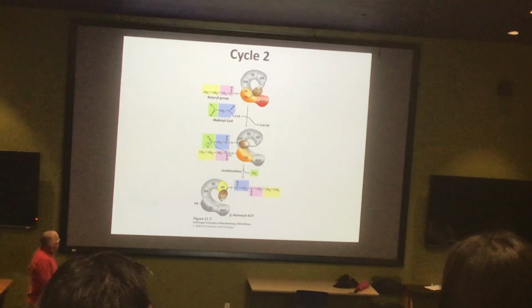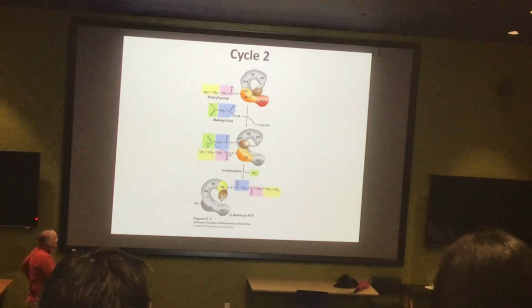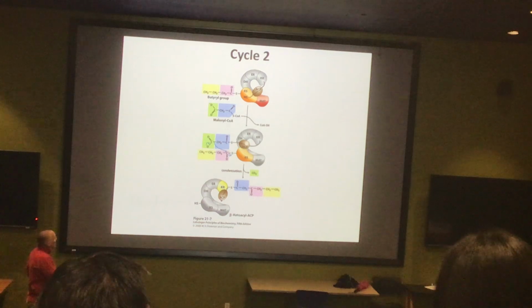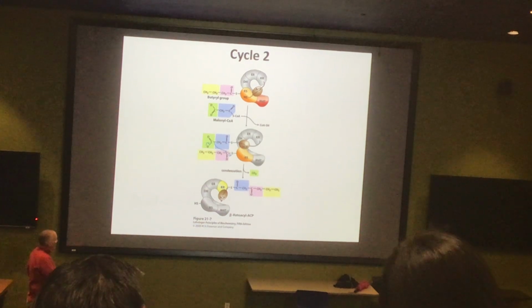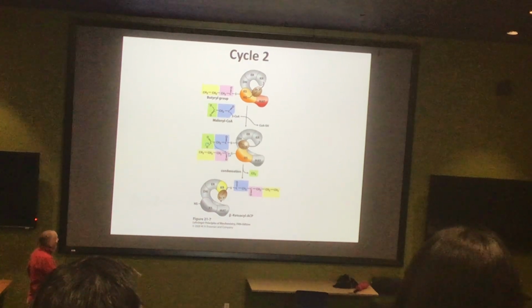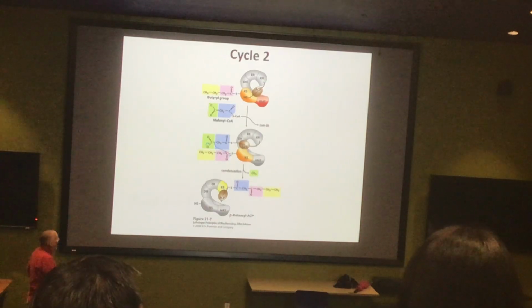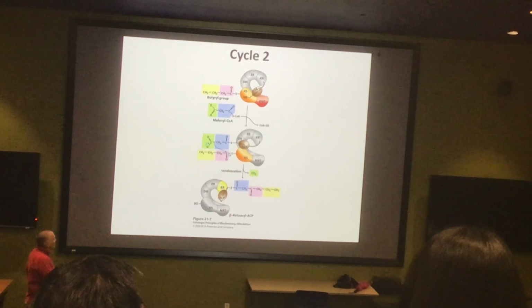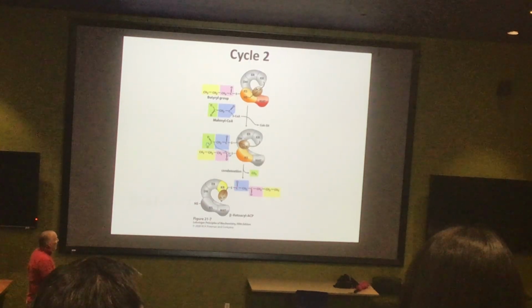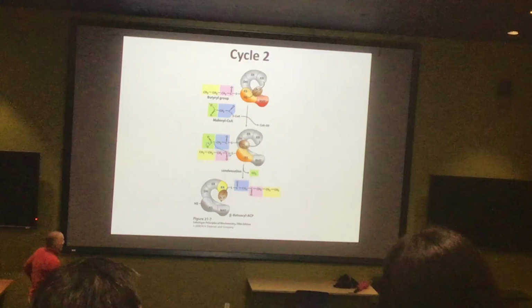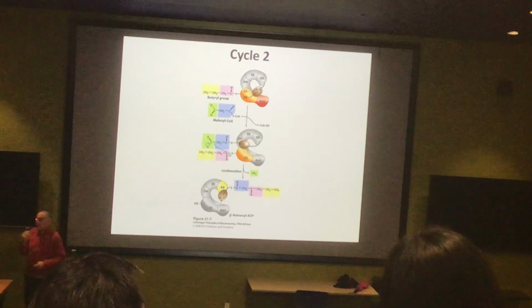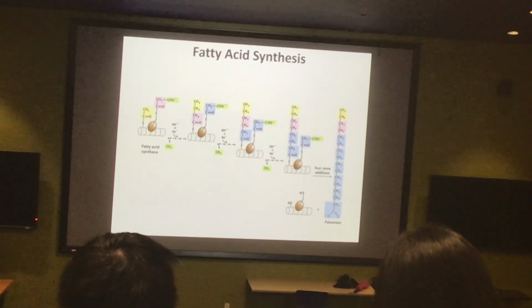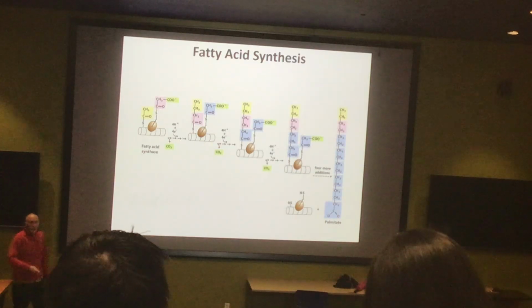And of course, how are we going to add more carbon? We're going to add more carbon by putting now a malonyl-CoA on the ACP group, and once again doing the attack chemistry and going through the whole process again. So notice we did the attack here, and we've gone from 4 carbons and 2 carbons. Now we've made our 6-carbon molecule, right? We just added 2 more carbons. And this cycle will continue in each round.